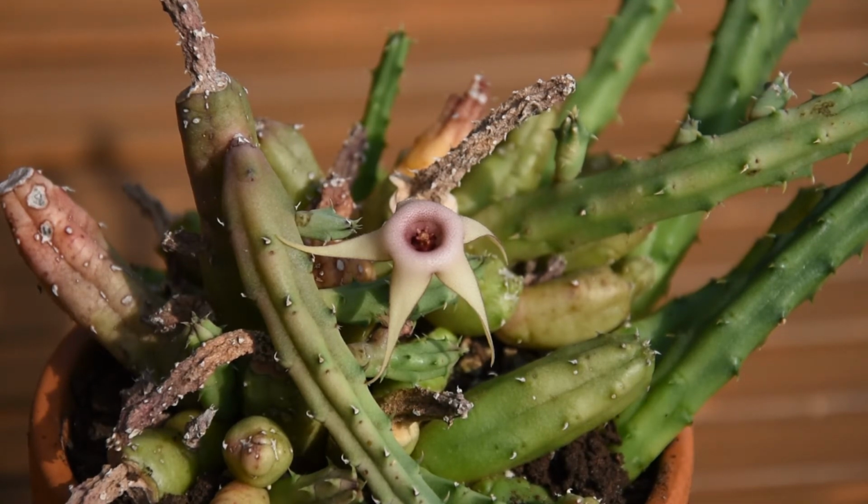maybe not that beautiful. I've had this plant for many years. This will be the 6th season I've had it, and it has bloomed for me for the first time. I bought it with a flower. I bought it when it was in bloom, and then I never saw a flower after that. So I'm really happy to be able to see